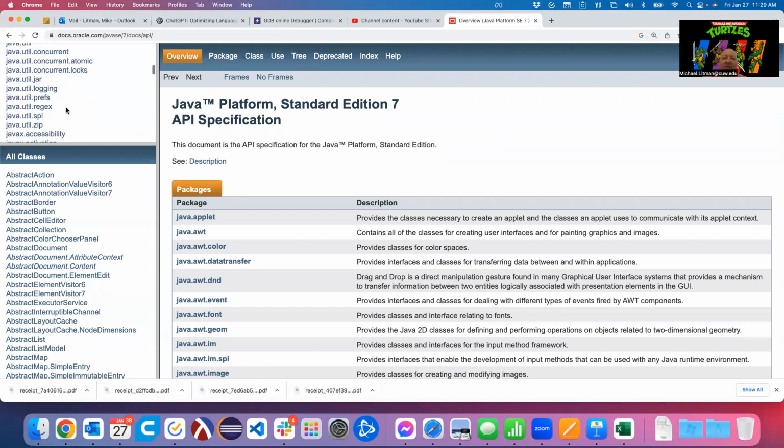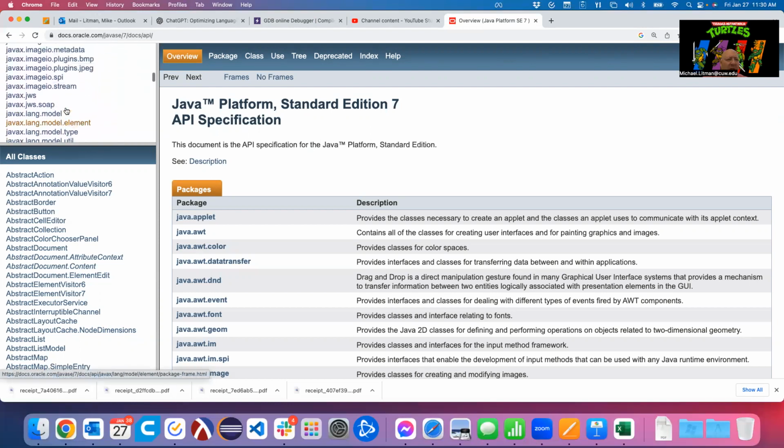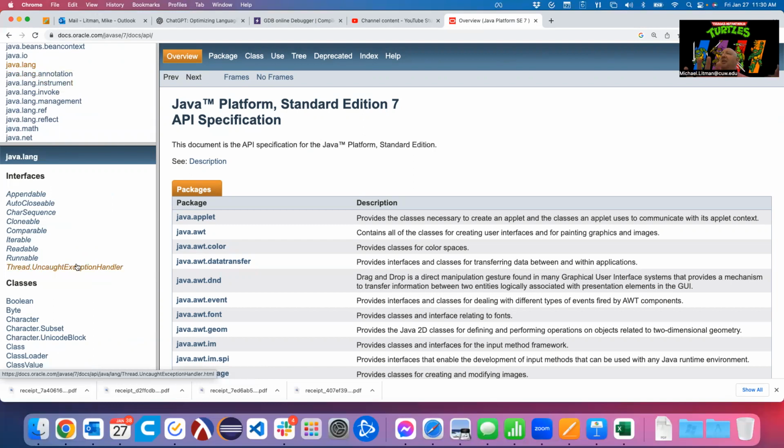That's a lot of packages, a whole lot of stuff. There's a core one called java.lang. That actually has gone away now. Now I think it's Java core, but I think java.lang still existed in 7. Yeah, so here's java.lang. This is actually what you get when you launch a Java program and you don't import anything special. This is what comes with your starting point for Java.